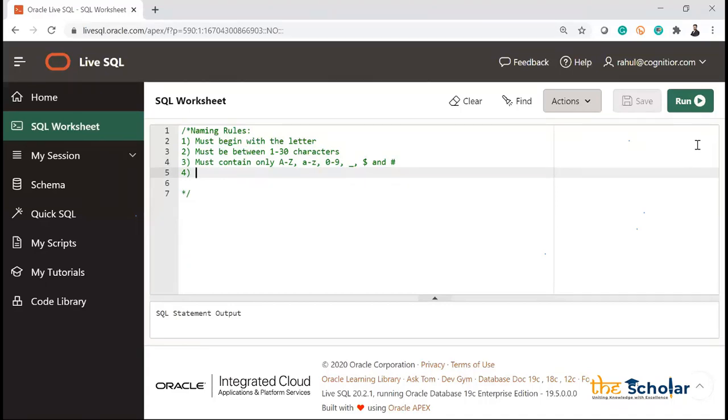So I cannot have duplicate name of another object, right? Duplicate name of another object. Suppose I'm creating a table employee, and in the same schema if I try to create the table employee again, it's not possible. It's already there, the table name is already there.